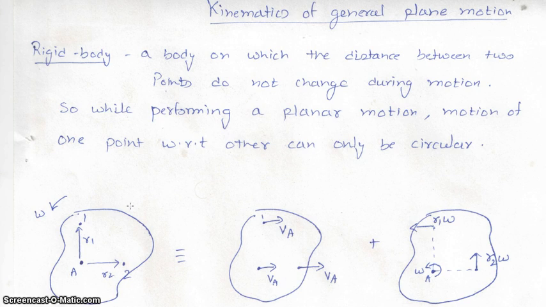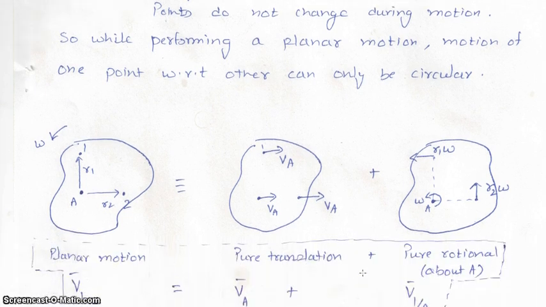So in this example, there are two points, 1 and 2, on the rigid body. A is also a point on the rigid body whose velocity is known to us, and the angular velocity of the body, again I am using the term angular velocity of the body, is given, and we have to find the velocity of points 1 and 2. So in these two diagrams,